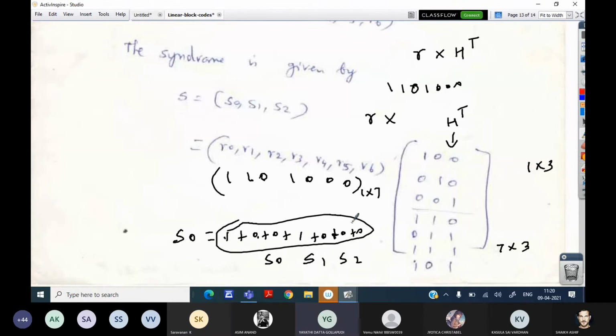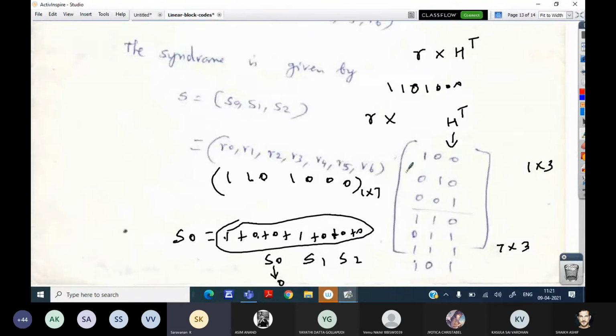So while calculating S0, after we got that equation, we have 1 XOR 0 plus how many zeros are you getting? 0. If you add with 0, you are going to get only 0, right? You don't know the basic digital subject. You have to revise then. So your S0 will be how much? It is going to be 0, because 1 XOR with 1 is going to be 0, right?